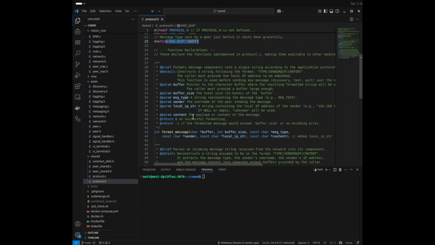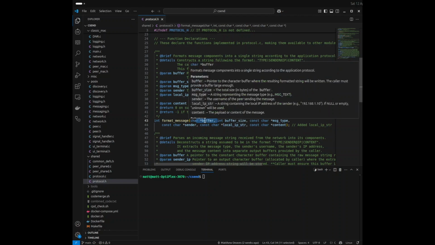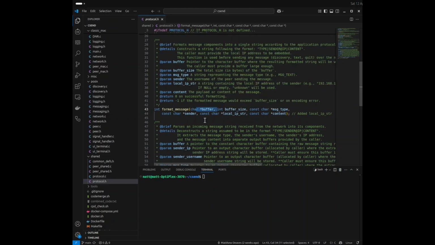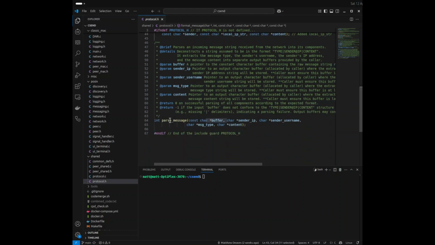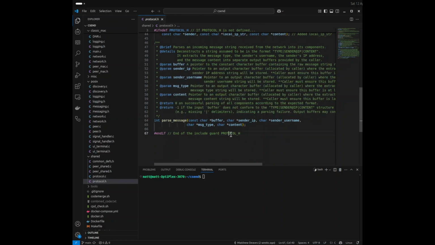There's some useful functions. So, function format message. What that does is take information to format the message into the format, essentially, to send across the network so that they're all standardized. And there's a function to parse incoming messages. And when I'm talking about the format